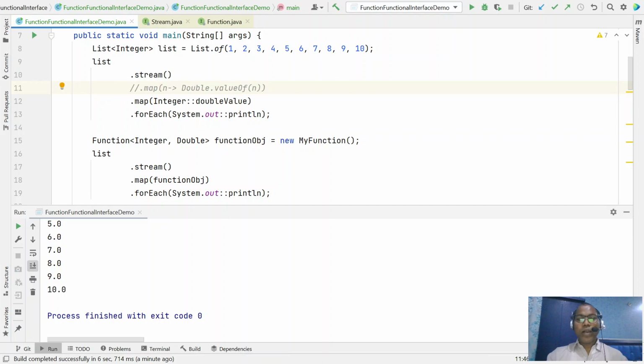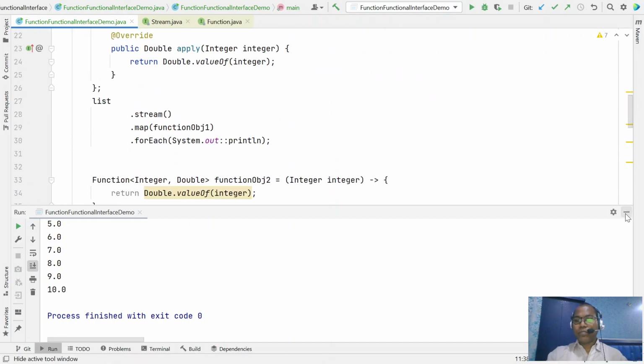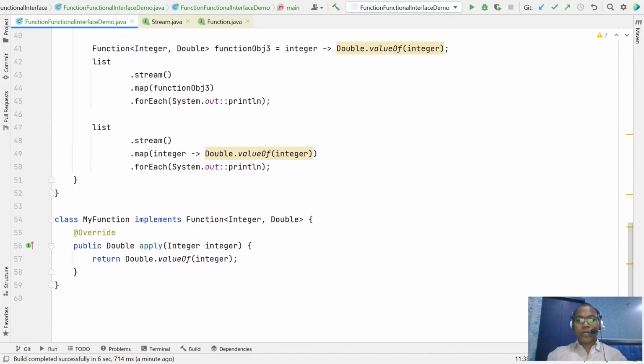Here we are passing the functional interface and defining one single abstract method that will take input and return output. Right? So this is the way. Any method that expects a functional interface, you pass the functional interface object. That means it has only one single abstract method that will take some input and return some output. That definition you can pass itself inside the method argument.